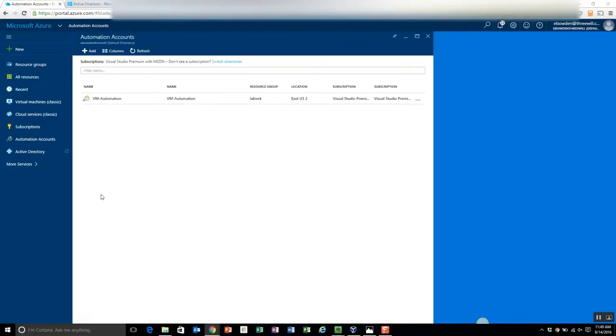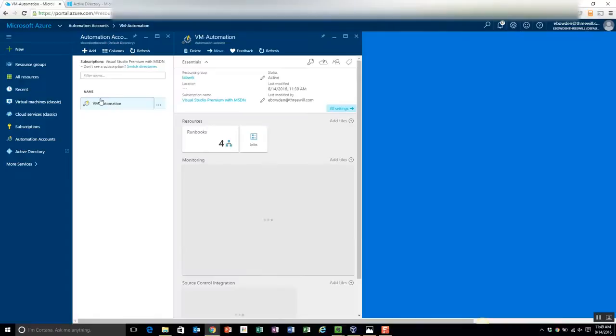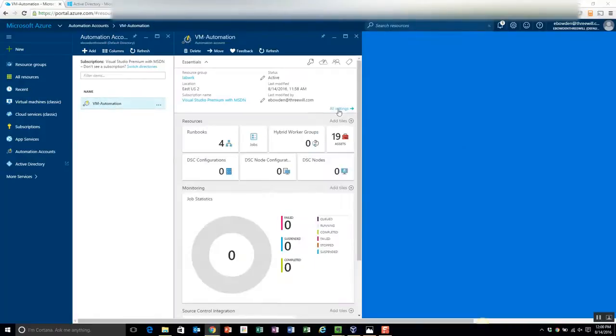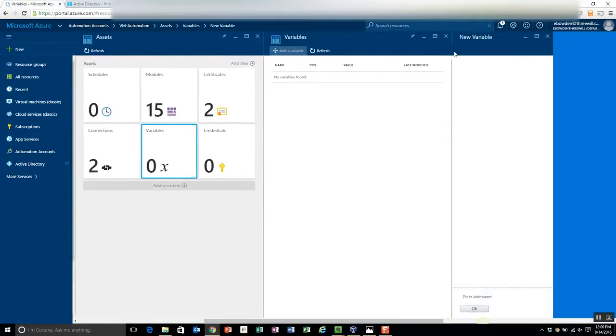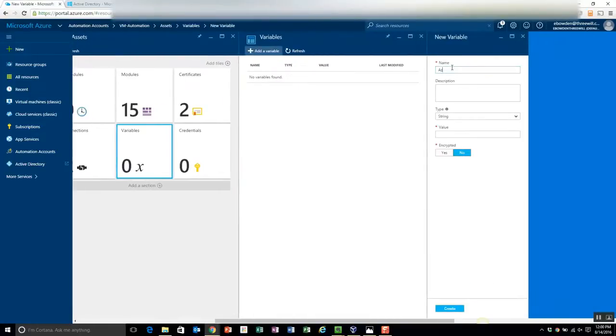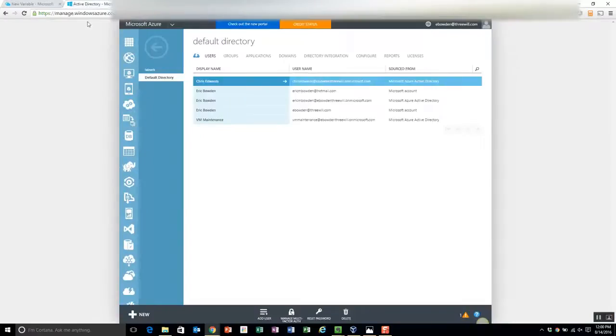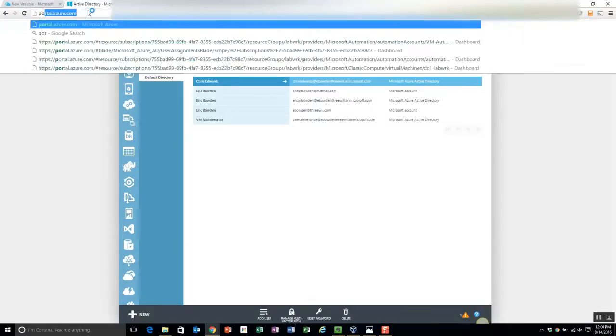Now it may take just a few minutes for the automation account to finish the creation process. For me, I had to click refresh on the listing of automation accounts. Once that appears, let's select it. Once the new automation account is open, the first thing we're going to want to do is go to assets, and then click variables, and add a new variable called Azure Subscription ID. For that, we of course are going to need our Azure Subscription ID, so I'll just